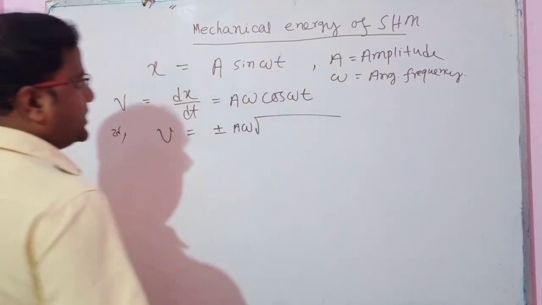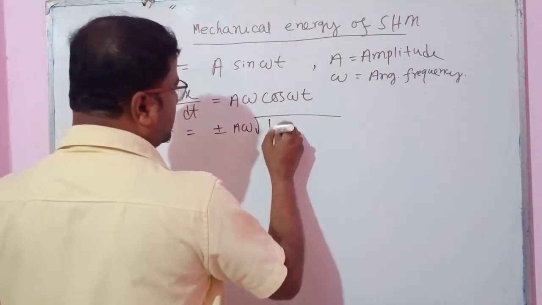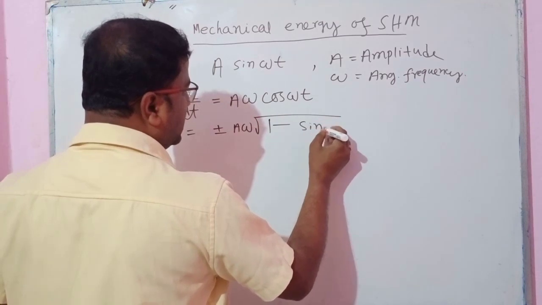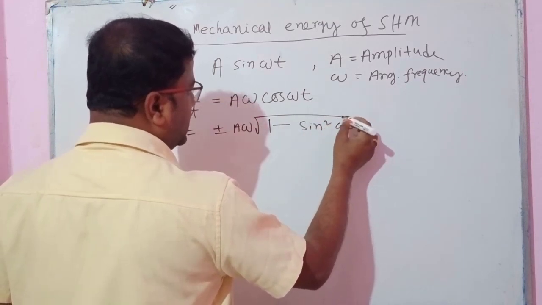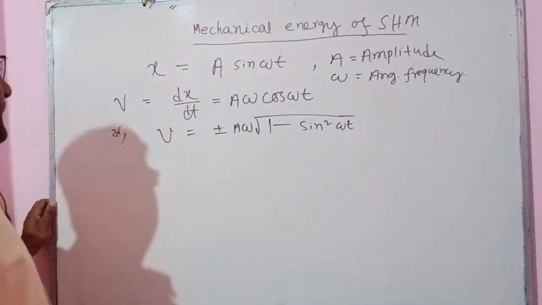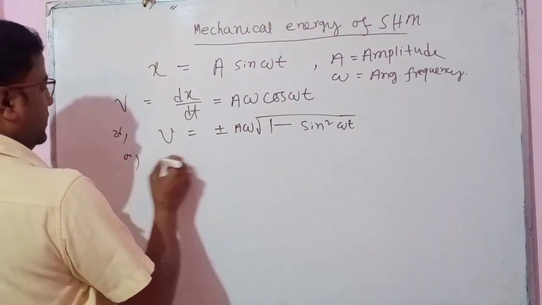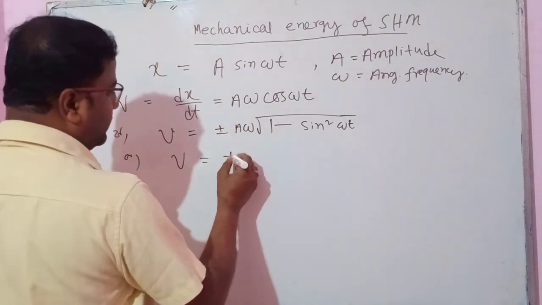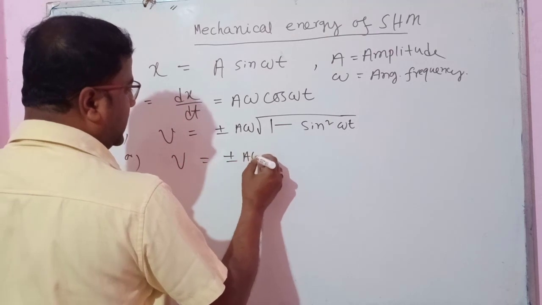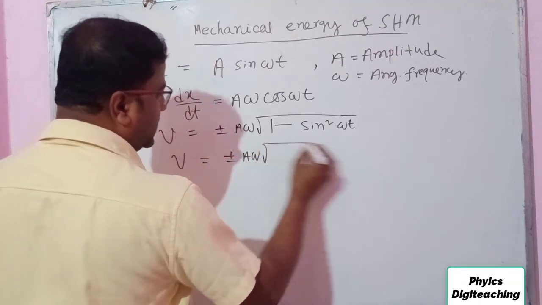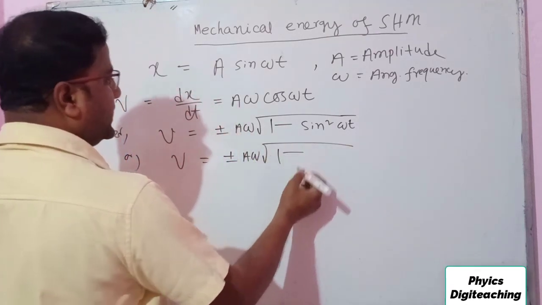We can write cos omega t equal to under root 1 minus sin square omega t, or v equal to plus minus a omega under root 1 minus